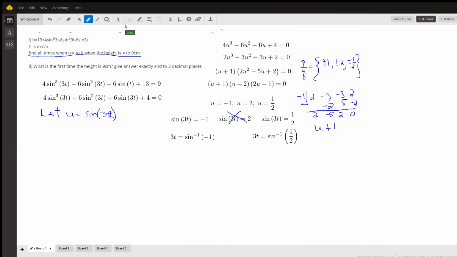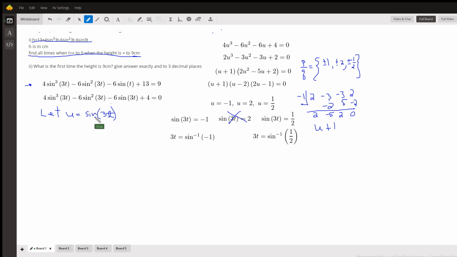So we're given this trigonometric function right here that gives us the height of some object. And we want to know at what times t is the height going to be equal to 9 centimeters. So what we want to do is take the original function and ask the question, when will it equal 9? And if we subtract 9 from both sides, we've got a cubic equation equal to 0 in terms of sine